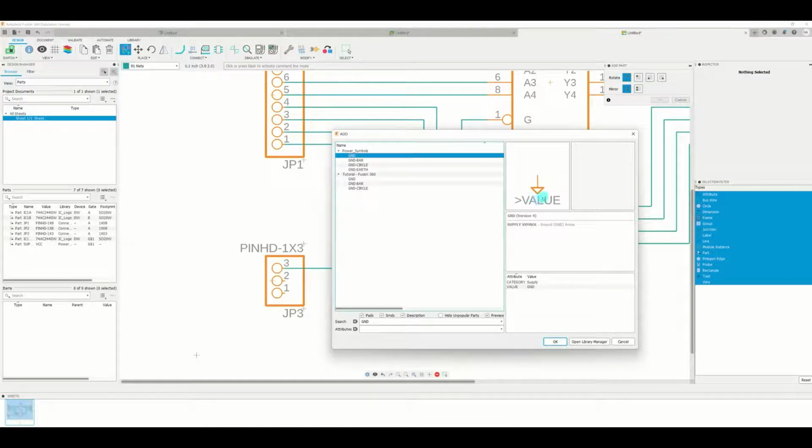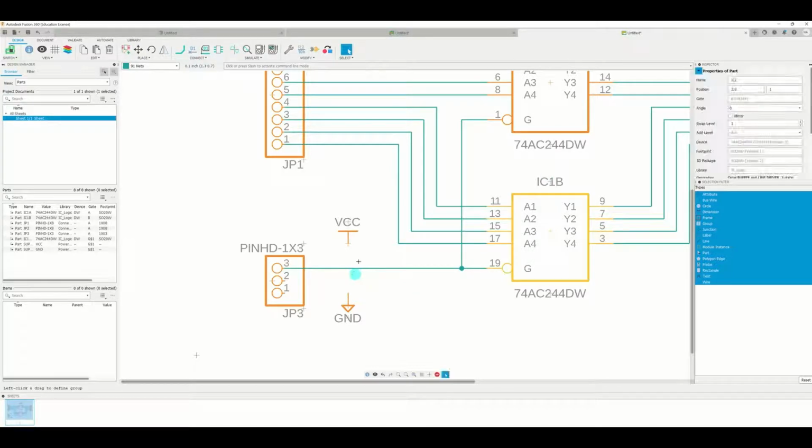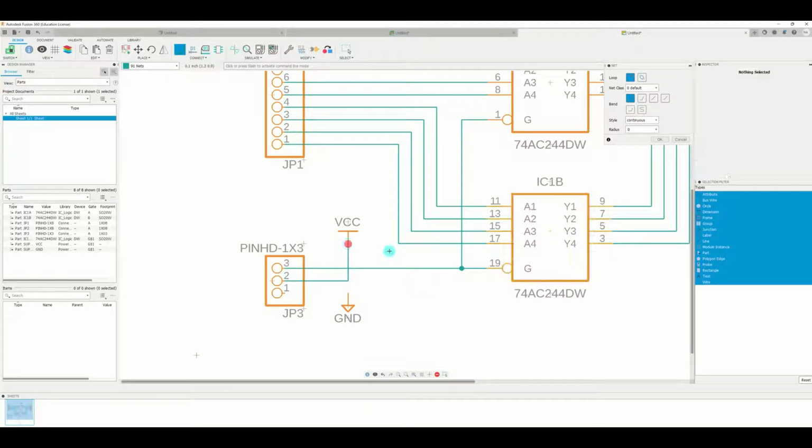Okay, so let's try this one. Okay, and then click here for the ground. Okay, and then cancel. So now we connect pin 2 to VCC, selecting the net, click on number 2, click, and then click the VCC, and then click number 1,